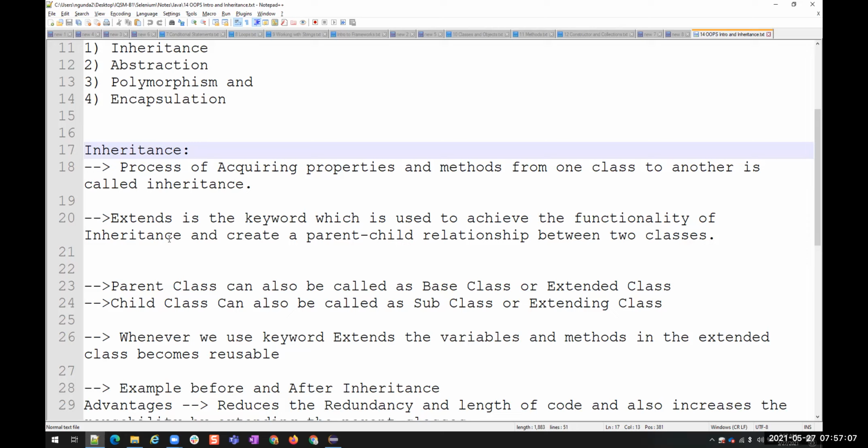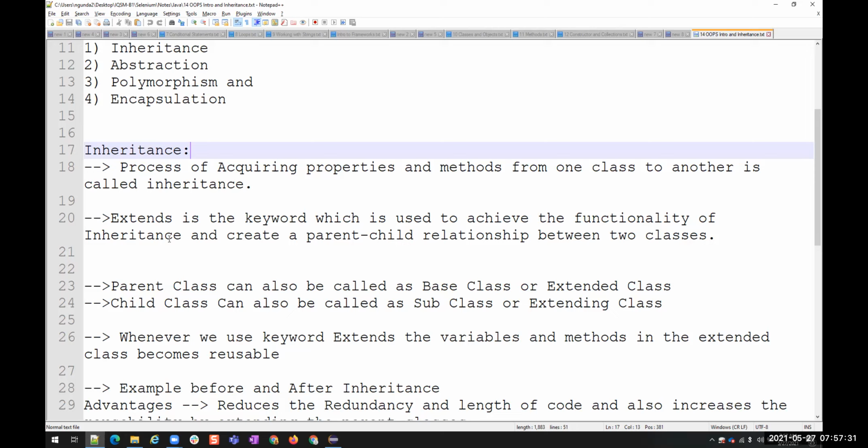Okay, right. Now, what happens when you create a relationship between two classes, that is parent and child? Like I said, whatever money my father has, whatever properties, like real estate, land properties, or any other businesses, I'll have accessibility to all of them, right?